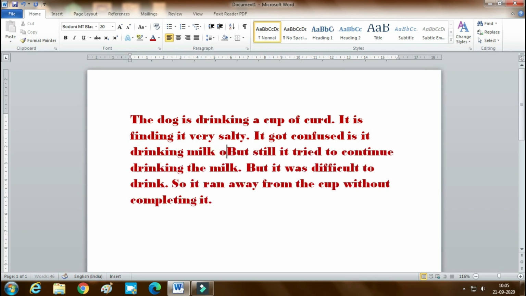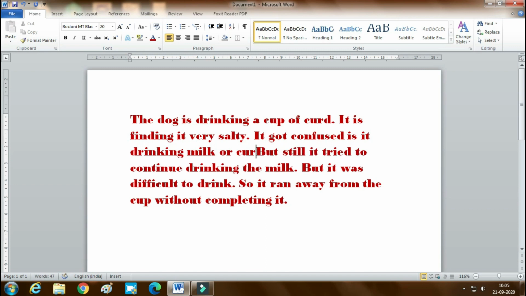Is it drinking milk or curd? We can see the sentences are shifting down without deleting. This is what we call inserting the text, without disturbing the other sentences. The new sentence we included in between the sentences. So when we have insert, we can do that.